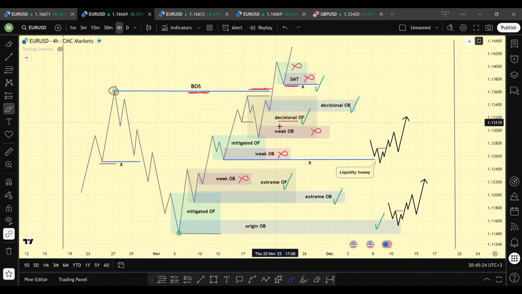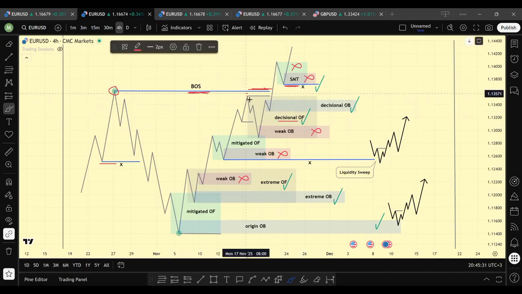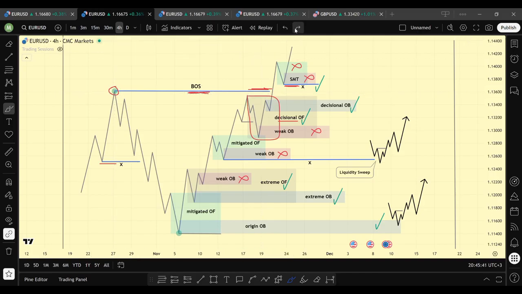So this swing will be the decisional order flow. The reason why I'm using it is that it's the one that caused the break of structure. You can clearly see it is the one that caused a break of this internal high, and at the same time it caused a break of this external high. So when you see such a swing or such a swing, then just know that that's a decisional order flow,